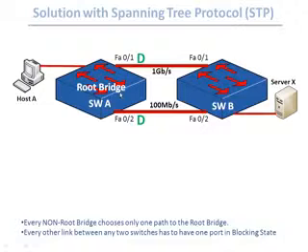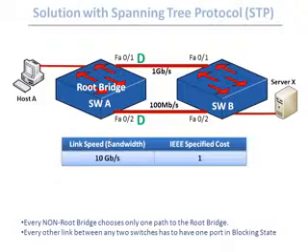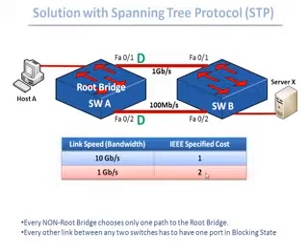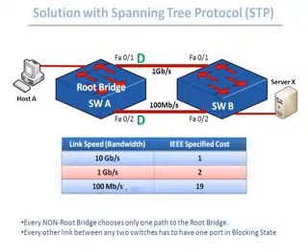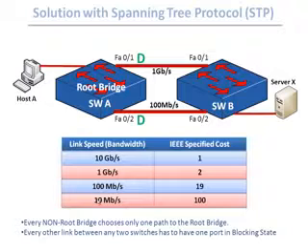The path to the root bridge is selected by what we know as cost, and the lowest cost wins. The cost is basically a value associated with the bandwidth of the interface. For 10 gigabit bandwidth on an interface, the cost is 1. On 1 gigabit, the cost is 2, for 100 megabit the cost is 19, and for 10 megabit the cost is 100. So every non-root bridge chooses the path with the lowest cost to the root bridge,